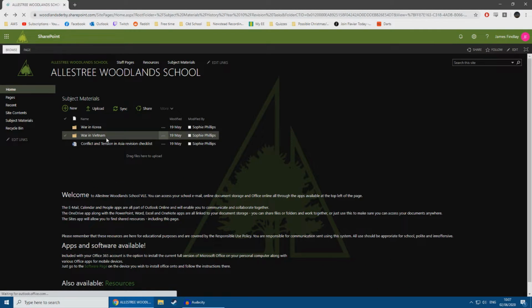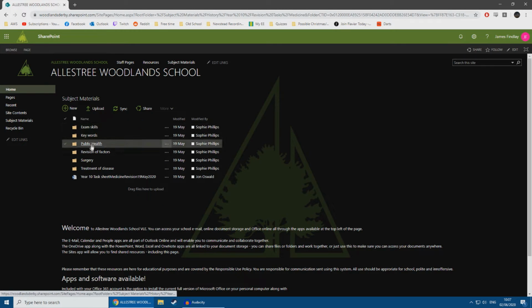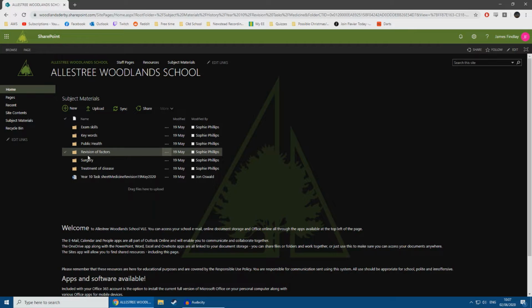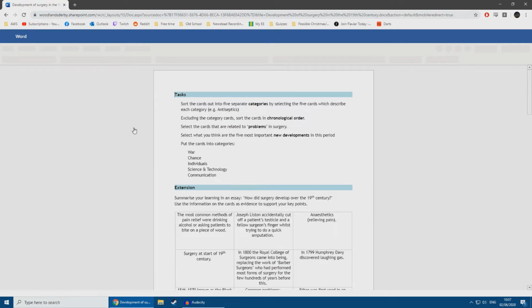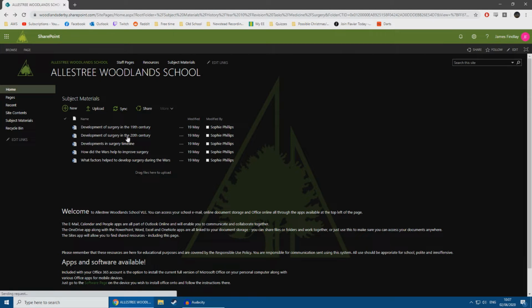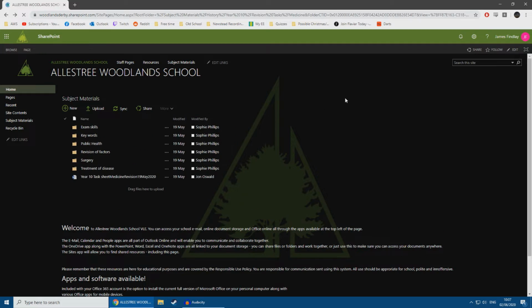For medicine, I would look at each of the folders and work out which ones you need. So I don't know a lot about surgery. I'll go into surgery and then open this one, for example, and you can do that. We also did a RAG rating sheet, which, if you took your folder home, has a medicine section. So you can go through that and see what you need to know about medicine.